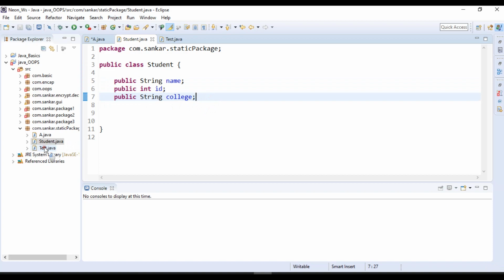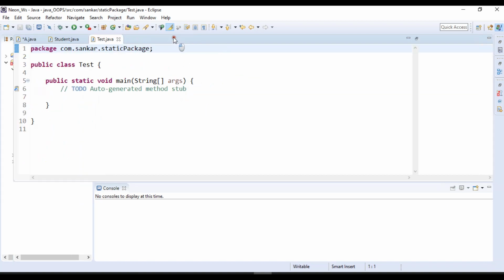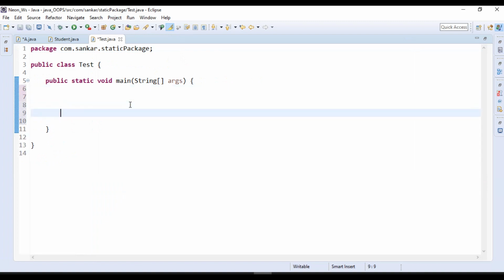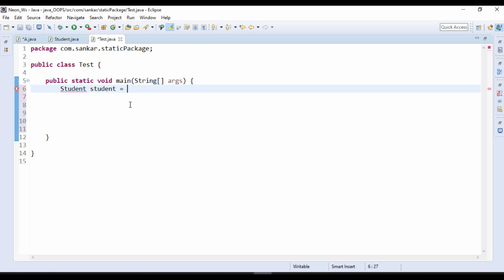Then I have one separate class, which is the main class. Here, for example, say in a college there are 100 students. My intention is to create objects for them, and I need to assign the name and college name. So how can we do that? Simply we can create an object, right? Student student1 is equal to new Student. Like this we created. Am I right or wrong?